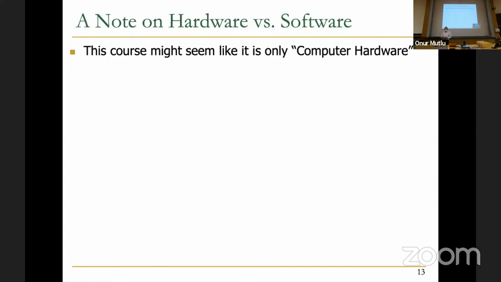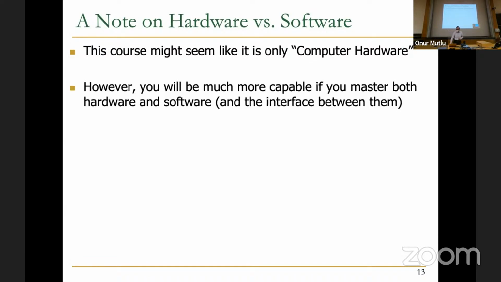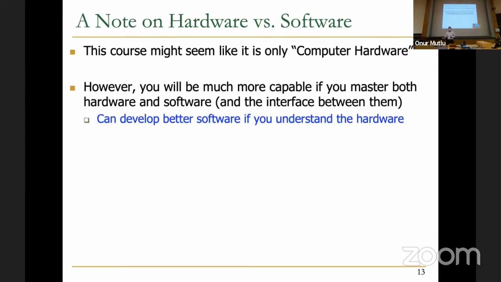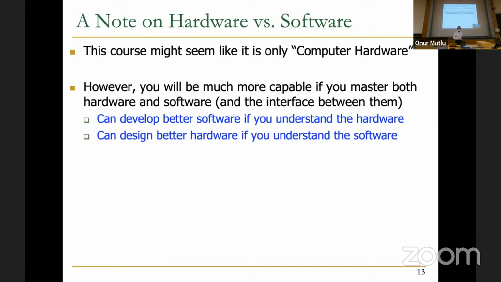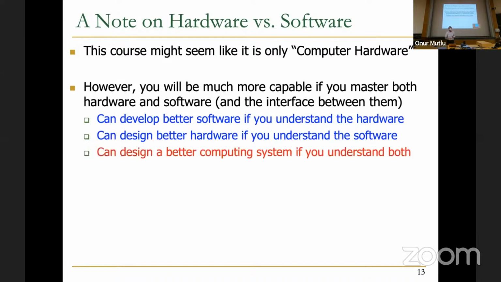Before we go on, I will also mention that this course might look like computer hardware. Hopefully, I've kind of convinced you that that's not the case. It's not just computer hardware, right? Computer hardware affects everything today. You will be much more capable if you actually master both hardware and software, basically span across the stack. You can develop better software if you know what the hardware looks like and understand it. You can design better hardware if you know what the software may look like going into the future and design the hardware for it. And you can develop a better computing system if you actually know all of it, meaning hardware and the software and whatever happens in the stack, as we will see that picture again,